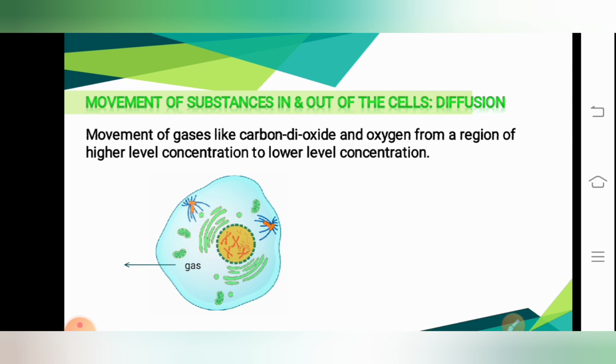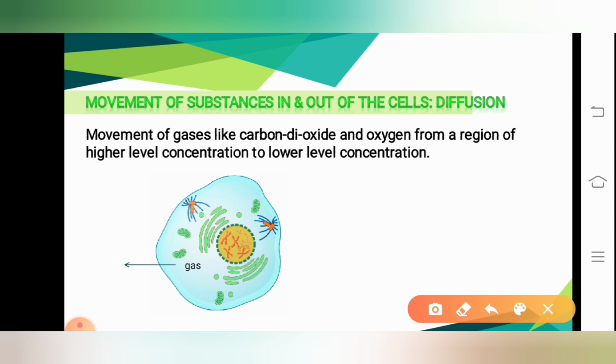We have got a clear picture of what is diffusion, correct? Now let us understand how exactly this diffusion takes place in detail. So we know what diffusion is, right? Diffusion means it is a movement of gases. The exchange of gases takes place.